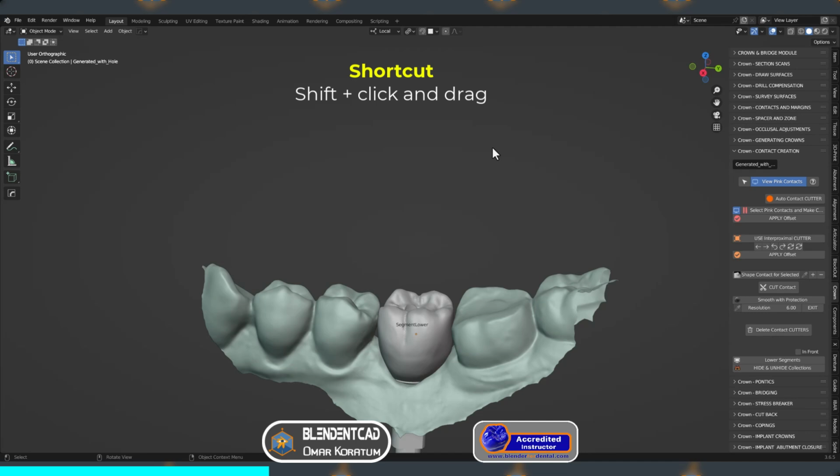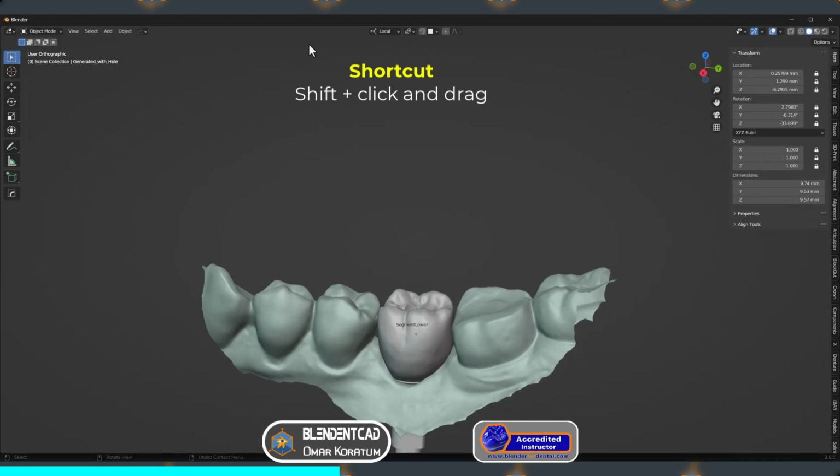There is another way to get the same functionality, and it's to move the mouse to the corner of the 3D viewport or any menu that you are working with. Move your cursor until it becomes a cross, and then press shift and then click and drag. Now you will get another window of the selected menu. And then we can change the duplicated window to any menu that we want.